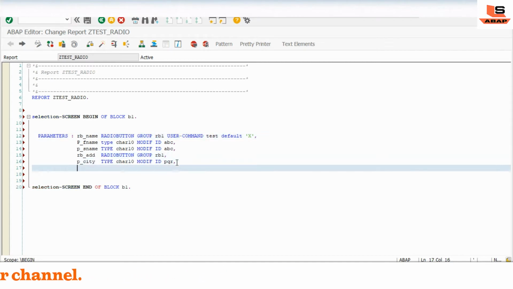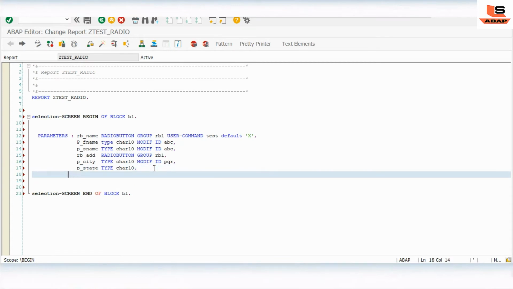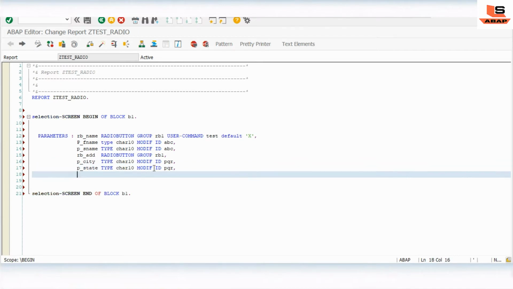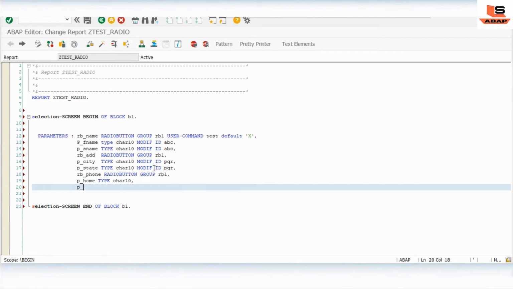So city, then state, type char 10, and here also we give the modify ID PQR. Then I am giving the third radio button, phone, with radio button group RB1, and the parameters home phone, type char 10, and office phone number, type char 10.